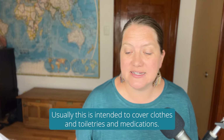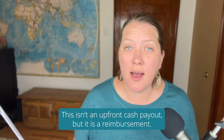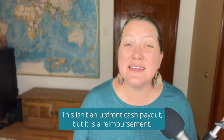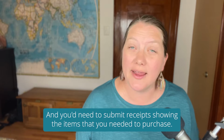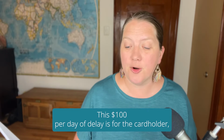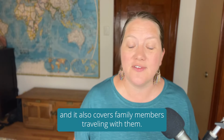Usually, this is intended to cover clothes and toiletries and medications. This isn't an upfront cash payout, but is a reimbursement, and you'd need to submit receipts showing the items that you needed to purchase. This $100 per day of delay is for the cardholder, and it also covers family members